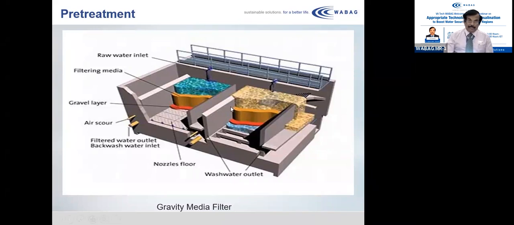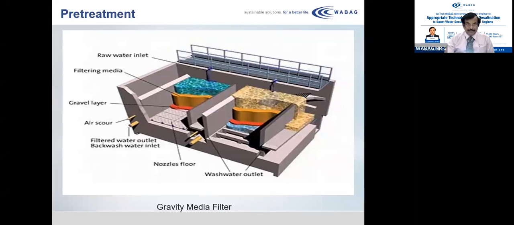By using a special media in the pressure filters, you can go up to a filtration velocity of up to 15 meters per hour, whereas normally the gravity filters, even if it's a rapid filter, go up to 10 meters per hour as the filtration rate. Here also, similarly, you have a filtration cycle followed by a backwash cycle in order to clean it. And normally the backwash cycle takes place every 24 hours to rejuvenate the media and make it ready for the